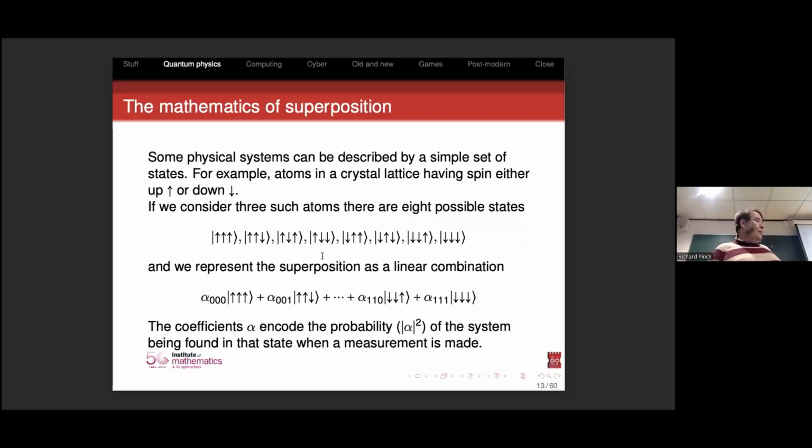So let me, as a mathematician, recoil immediately from all these speculative, philosophical, and physical problems and start talking about mathematics. So let's imagine that our physical system can be described by some simple set of states. For example, atoms in a crystal lattice might spin either up or down, a wild oversimplification, of course. And if we have three such atoms, which is rather fewer than you have in most crystal lattices, but about